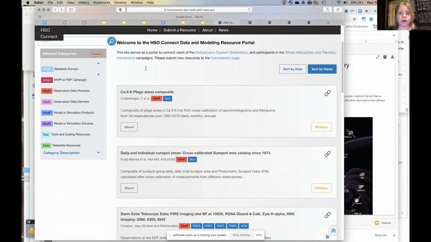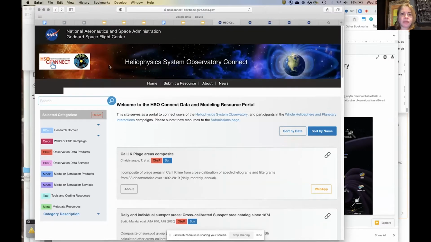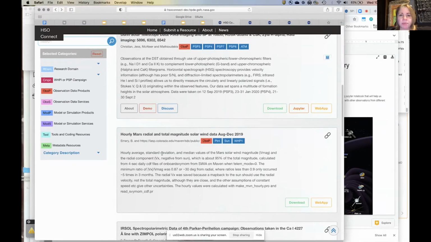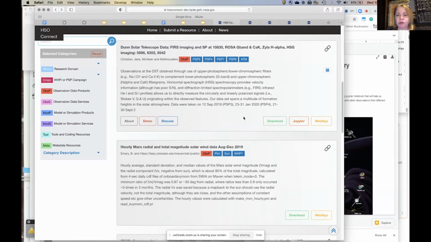This is our HSO Connect WHPI data and modeling resource portal. This is a live site, and I will be sending around the links and the access soon. You can submit a resource. And what this does is it's an Amazon.com type library of different things that people are contributing to